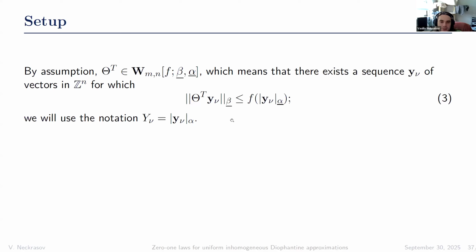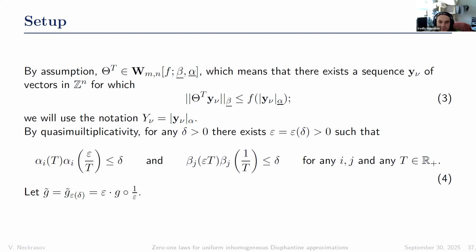So let's fix the sequence of these vectors, and later on we will switch from this sequence of vectors to a more rare subsequence, for which this condition 3 also holds. If it holds for all the vectors from the sequence, then it holds for the more rare subsequence. We also have this statement that follows from quasi-multiplicativity, and basically what it is that, roughly speaking,